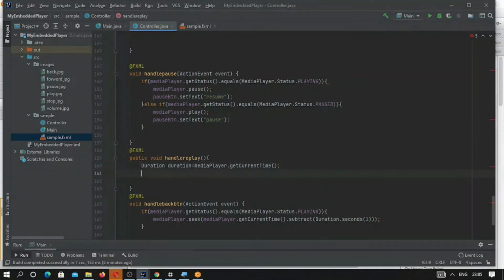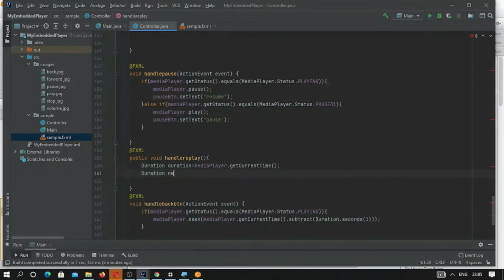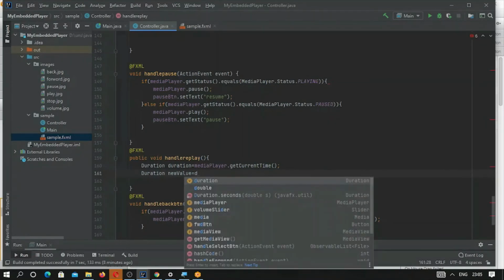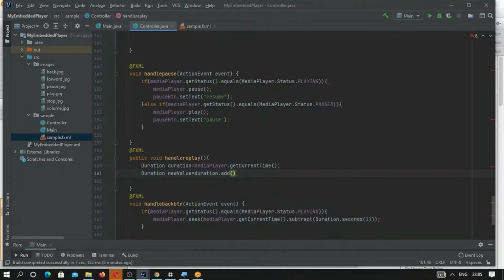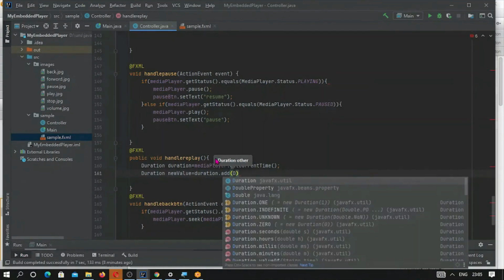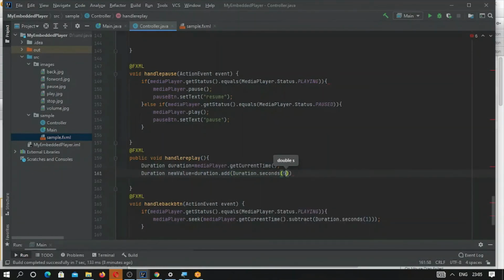After that, the duration new value will be what, duration dot add, okay, how much, duration dot seconds, how much, 5. We are reversing the video, so we should subtract instead.